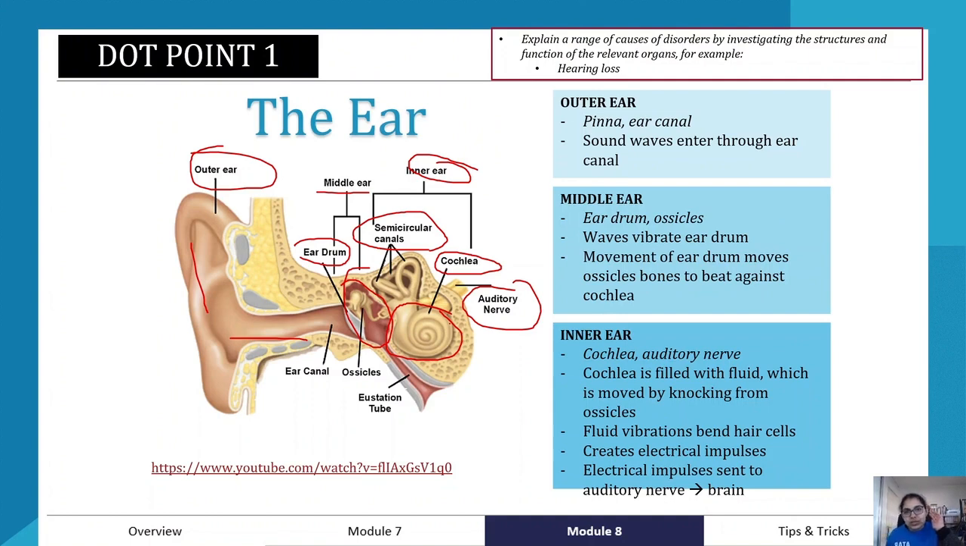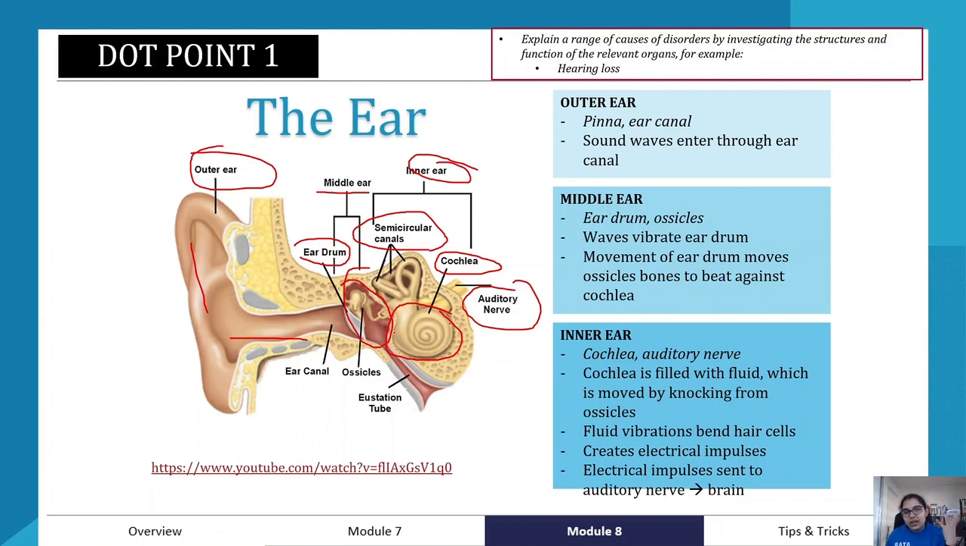So what happens is once those ossicles, these here, beat against the cochlea, which is filled with fluid, that fluid is moved, and those fluid vibrations will cause bends and will cause the hair cells in the cochlea to move. Now the hair cells in the cochlea are the ones that actually